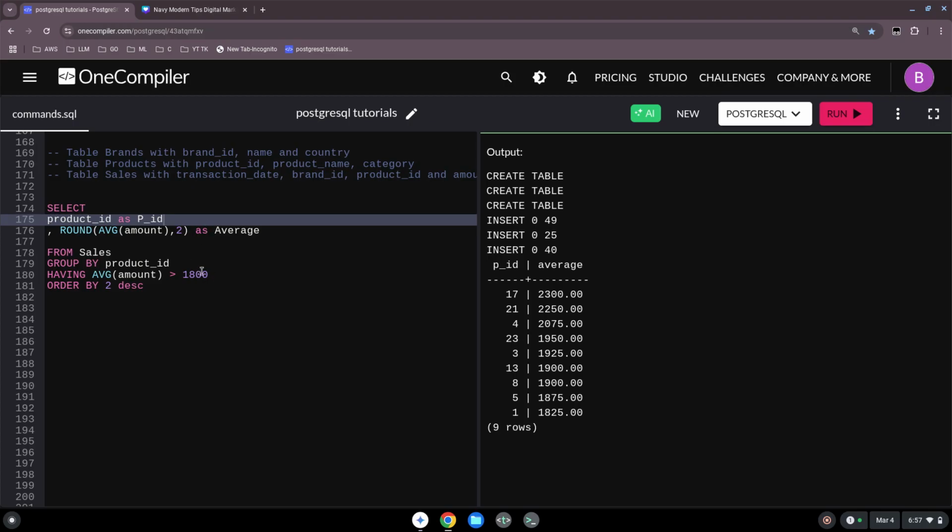So this is how you can use the HAVING clause when you use an aggregate function together with the GROUP BY clause here on the product IDs. And as you saw, sometimes it makes sense to cut the averages a little bit. There you can use the ROUND function. That's it. I hope you learned